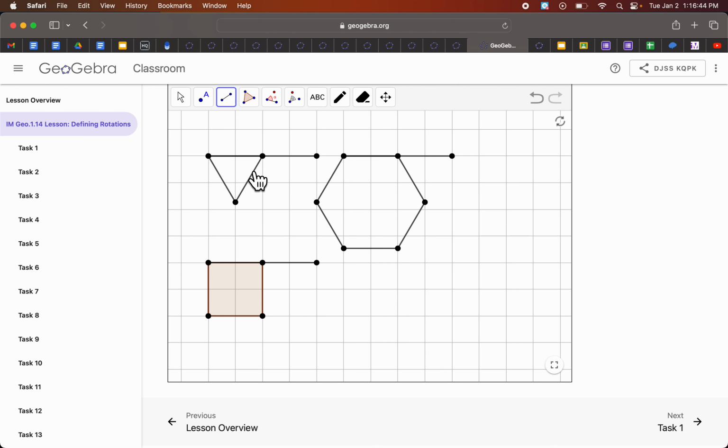This is 60, this is 120. This is 120, this is 60. This is 90 and this is 90. But I want to make an octagon. An octagon has 8 sides. If I want to think about